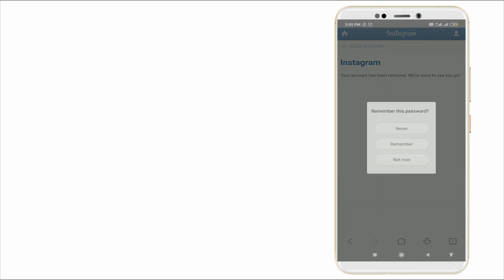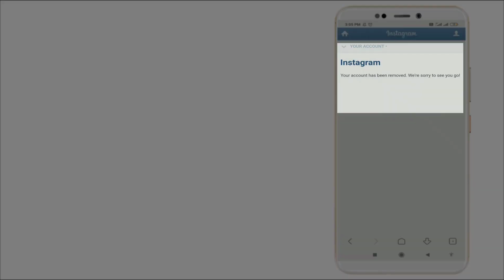And you can see your account has been removed. We are sorry to see you go. Yes, that's why your account is permanently deleted. So this is how to delete your account in